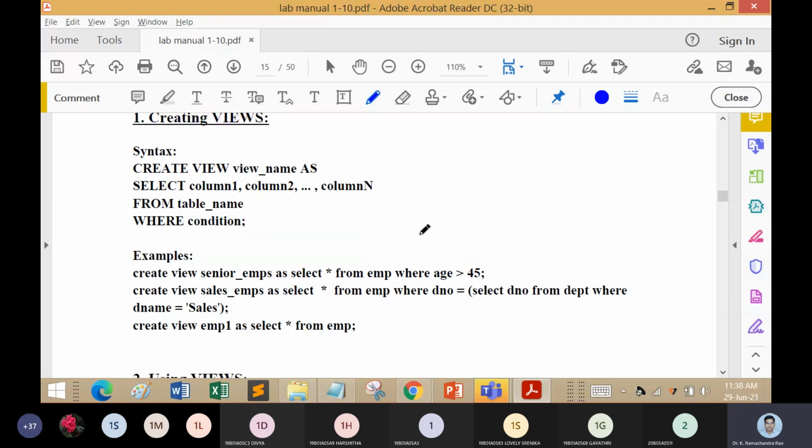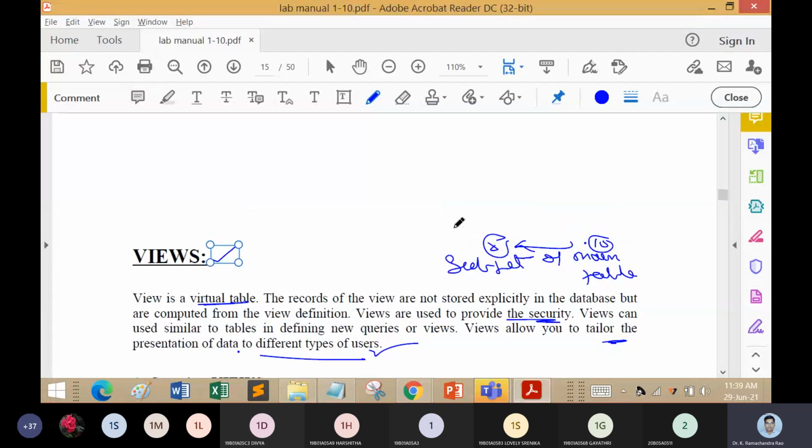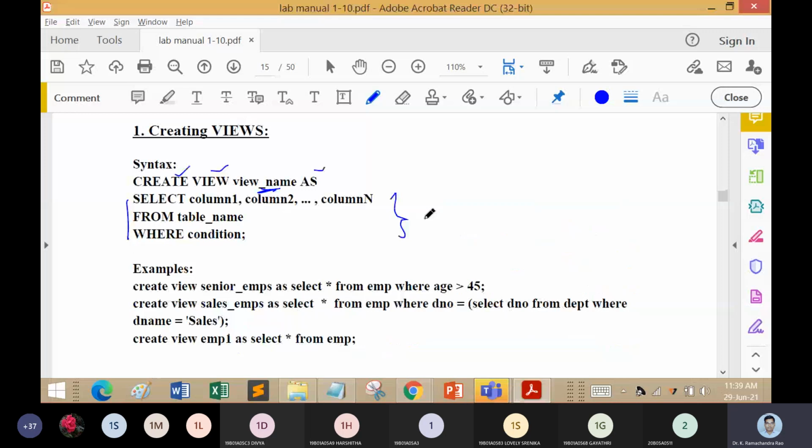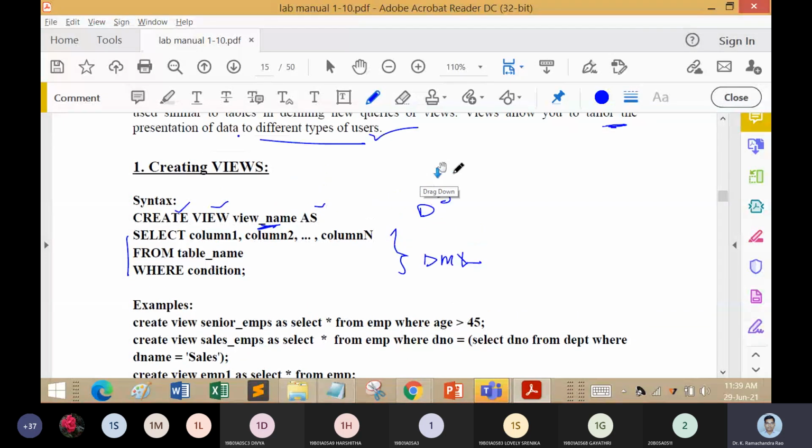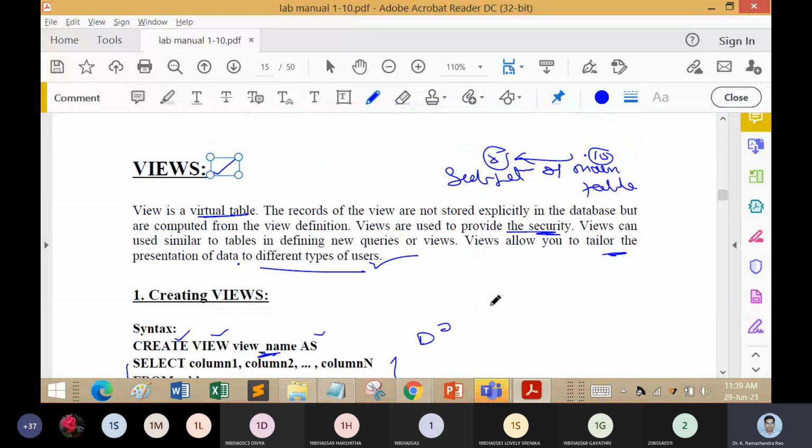Okay, fine. So now how are we going to create a view? In the syntax, you can see there is a create followed by the view name, and then as. Thereby we should understand that this part is a data manipulation language command, and when we say it is a view, it uses the data definition language command.